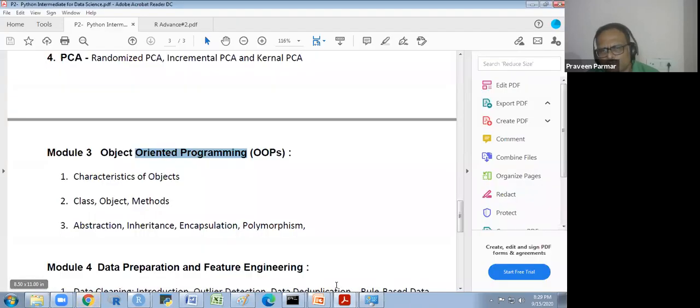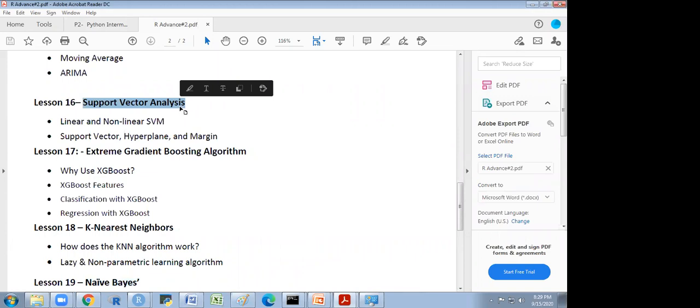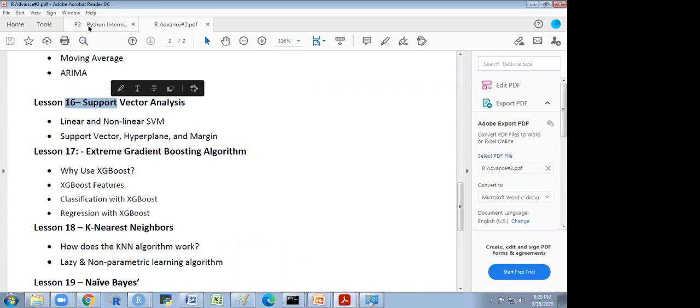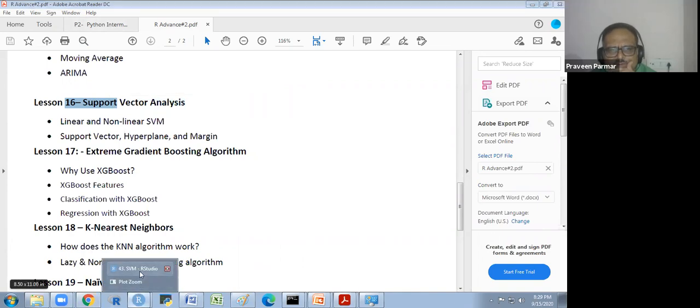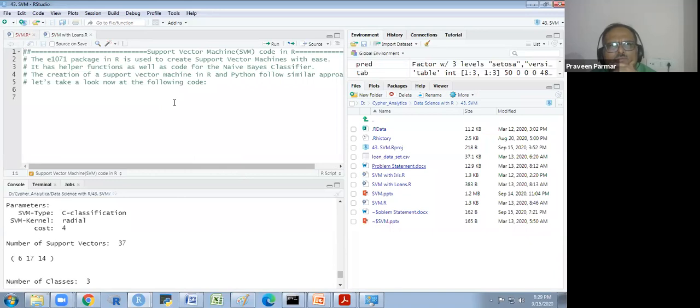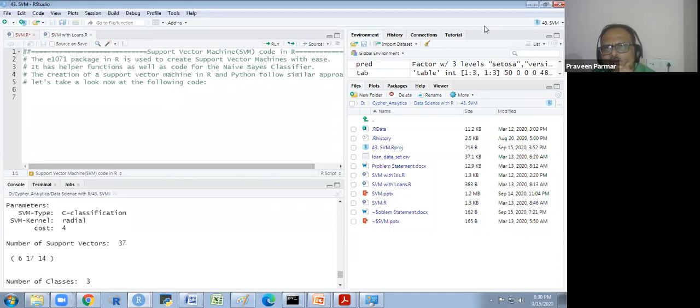These are very small algorithms, not big ones like logistic regression, random forest, decision tree or time series. These are very simple. A few mathematics concepts we have to understand, and then we have to run the script. So only 4 are left, right? 16 we have covered today, then 17, 18, 19. For the numerical problem I will give the script if you want, or we could solve that also. There is one SVM for loans, but I have not written it properly. So I could give it, and you try to solve this.